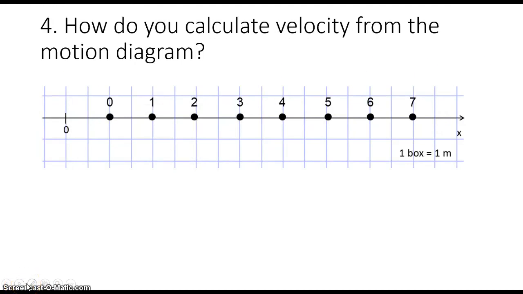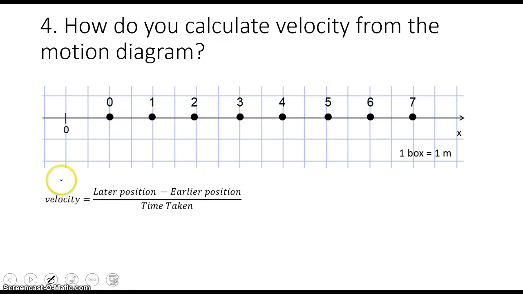So how do you calculate velocity from the motion diagram? Very simple. The easy way is to say, from 0 to 1 seconds, it moves 2 squares, so the velocity is 2 meters per second. And we say to the right, because the object can be moving to the left as well. Or if you prefer to,